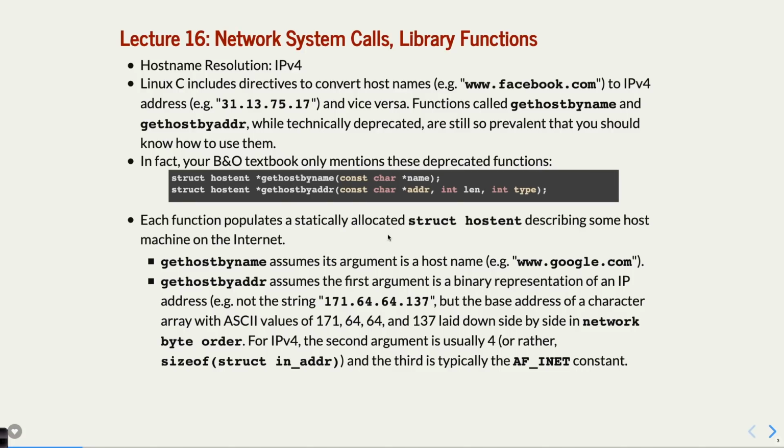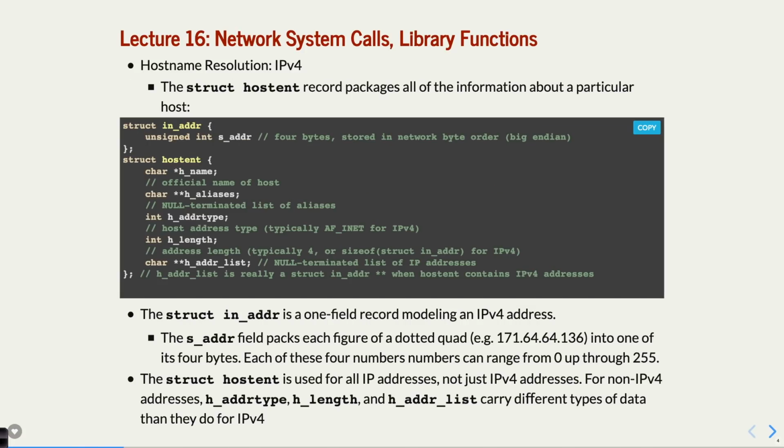Okay. All right. So here's what the struct hostent looks like. Okay, first of all, I will use the pen, it takes a struct called struct in_addr, which is, in this case, an unsigned int, s_addr, which is, like I said, the strangest struct because it's only got one value in it. And you normally don't bother with a struct that has one value in it. What's the point? Maybe they thought it would be used some other way, and they were probably forward thinking enough, and it never has changed. So that's all it is in there, okay, an unsigned int.